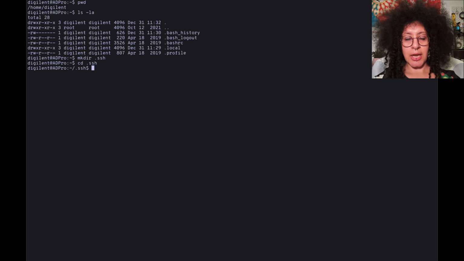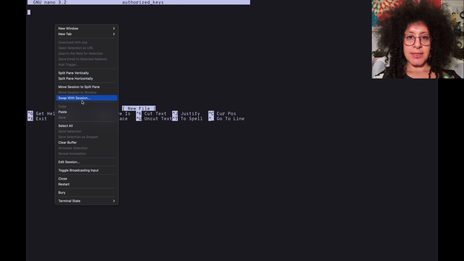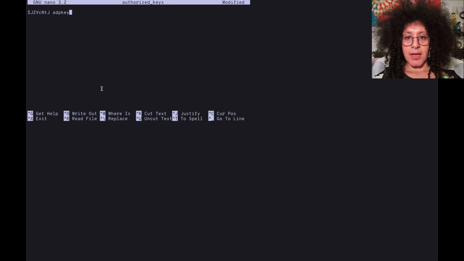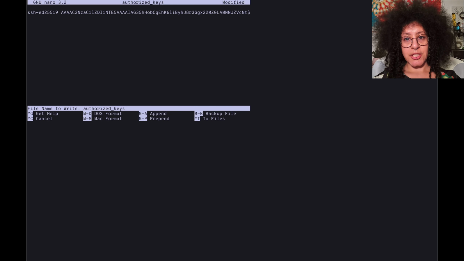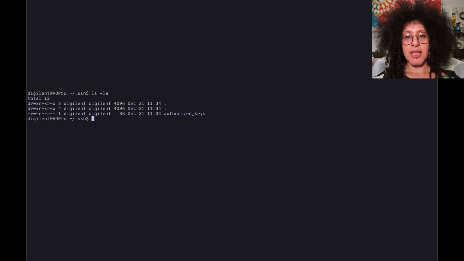Now we need to make a file called authorized_keys. It's the American spelling. And we can paste that key that we got inside here. Okay, so this file has got the wrong permissions at the moment and it's too permissive, so we need to change those with this command, chmod 600